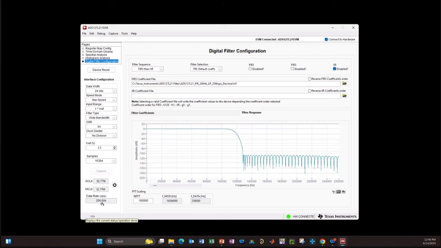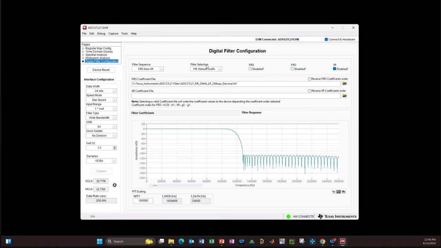And the plot that we're getting is the default built-in FIR filter that is inside of the L21. But we want to see what our response looks like. So we can see this one at 256 kilosamples a second has a flat response to a little over 100 kilohertz, and then is fully rolled off before the Nyquist of one half of the data rate, 128 kilosamples a second.